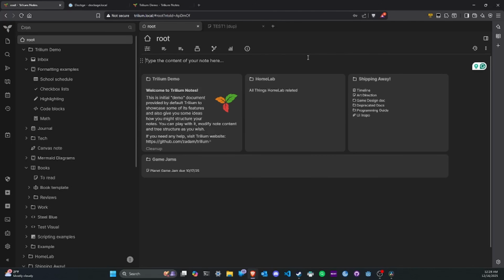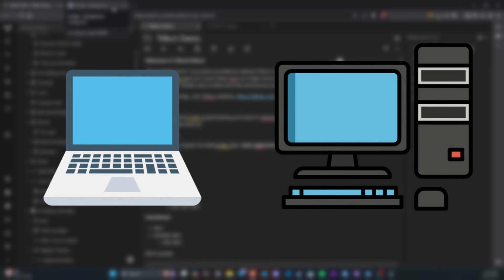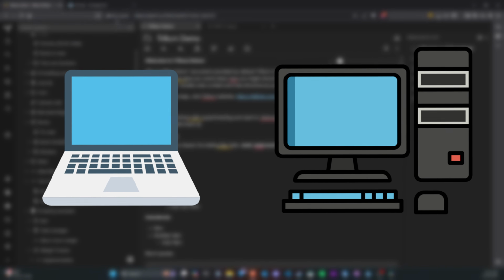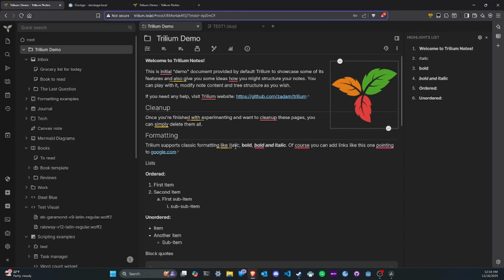Even if you don't have a home lab, Trillium runs perfectly on a laptop or desktop. You don't need fancy servers to start building a wiki that can scale with your projects. A personal wiki can be a game changer for anyone juggling multiple projects, lots of scattered notes, or just complex workflows. It's not just about storing information, it's about turning chaos into clarity. You can create a knowledge base